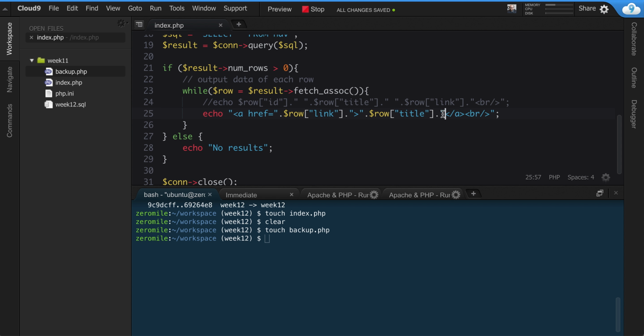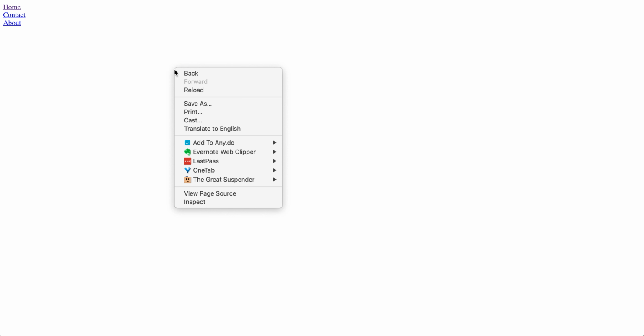All right, so I'm going to save this. I'm going to refresh the page. So now we have clickable links. Now watch what happens when I hover over home. It looks like it's going to work, and in fact it probably will work. If I click on home, it's just going to take us right back to this because by default it's loading up the index.php page. But it's not actually semantically correct, because when we have, so I'm going to view source on this,